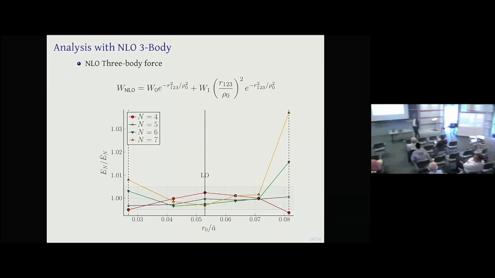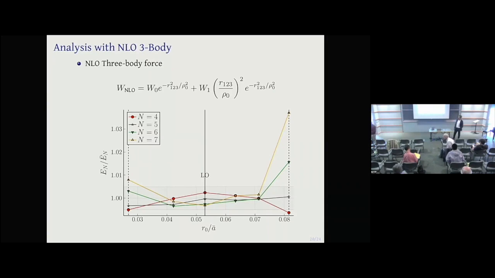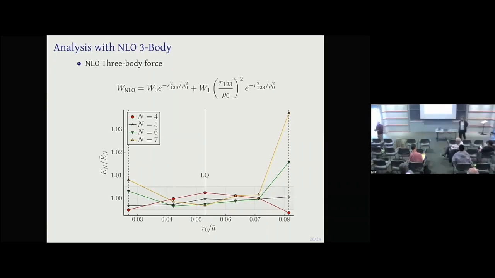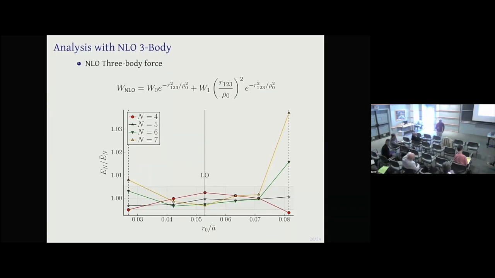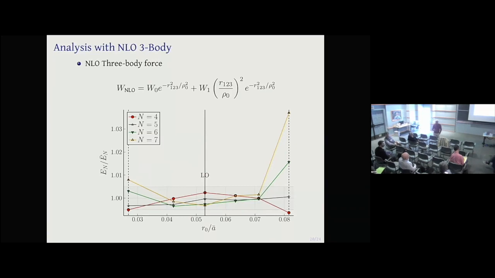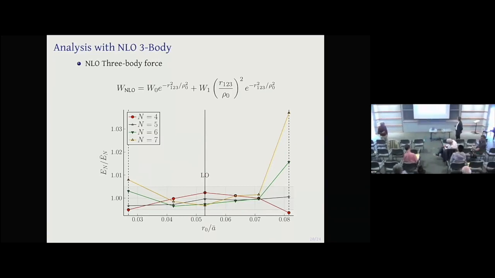Gandolfi first. So yes, we already. Let us give a space. Okay, thank you for the nice talk. I have probably a very naive question. So what happens if in this expression you use two different cutoffs or two different r zero for the first and second term, and then use just the leading order three-body force?